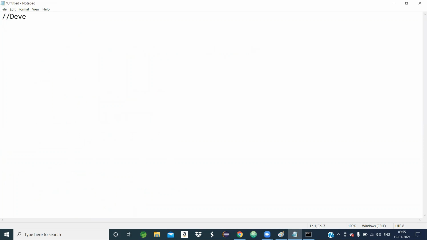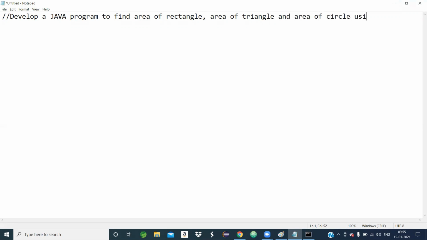Now I will write a program. Suppose: develop a Java program to find the area of a rectangle, the area of a triangle, and the area of a circle using method overloading.